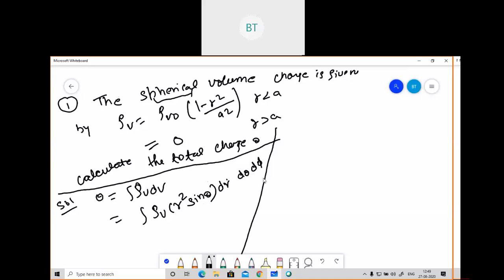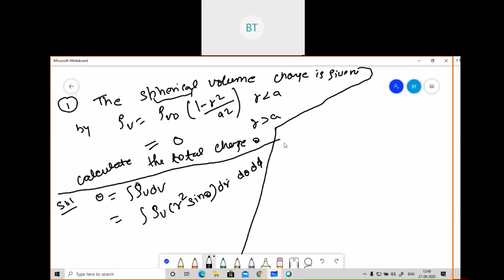So when we are dealing with the volume charge density, what have we written there? We have written dx, dy, dz. And in the last problem, when we were dealing with the cylindrical case, what did I write? D rho, d phi, dz. But in this sphere case, what am I writing here? dr, d theta, d phi. I have done a problem like this in the previous sessions also.